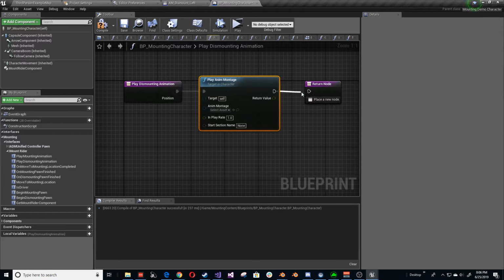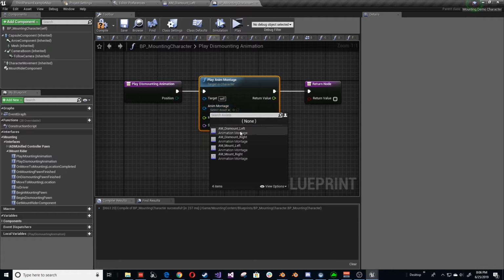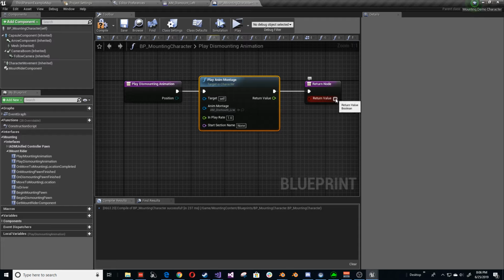Connect. We're going to select dismount left. And then we're going to tell the system we have an animation to play, so don't short circuit. Compile, save. Okay, so real quick, let's make one correction, because I'm sure you have noticed on the play mounting